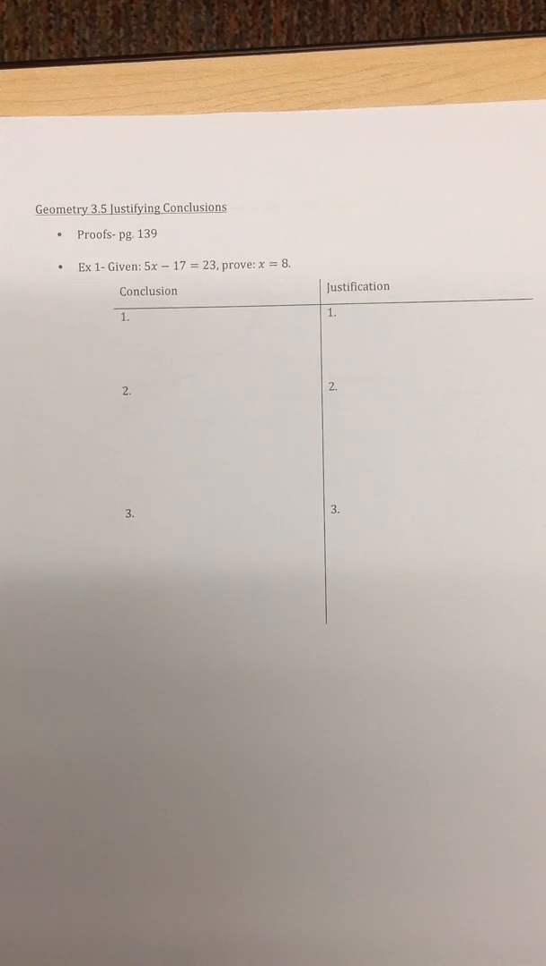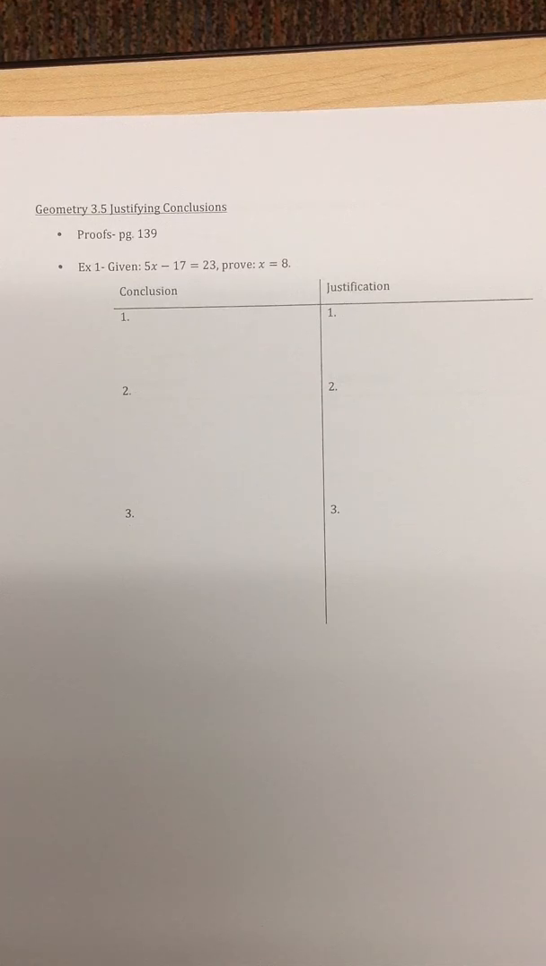So a proof of an if-then statement is a sequence of justified conclusions starting with the antecedent, the if part, and ending with the consequent, the then part. So we've got an if-then statement. Sometimes they'll call it the given and what we're trying to prove, so that's similar to the if-then. And basically we have to justify with theorems and postulates and definitions how we got from one step to the